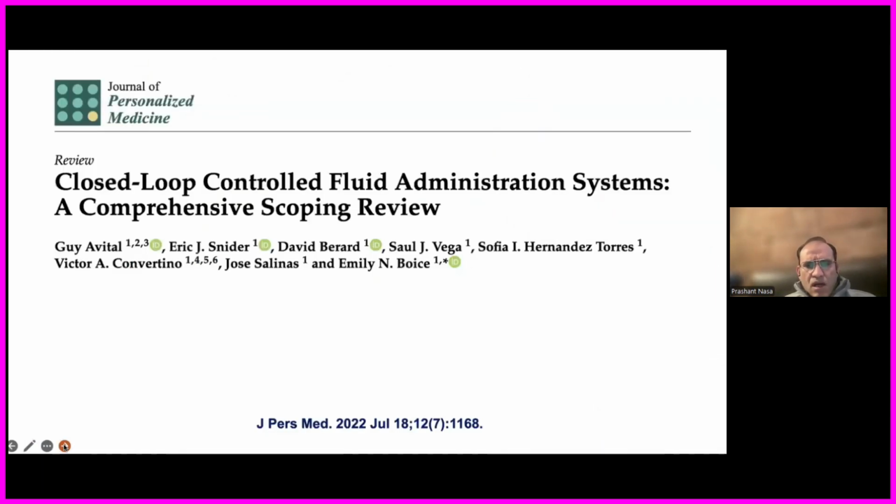So then if we put that context of AI into IV fluid management, there have been a lot of things which have happened in the last, say, 10 years, and that's what I'm going to present with a small amount of evidence summary of what has happened in AI in the ICU, and what will still need to be done probably in the future. Looking at a closed loop way of fluid administration.